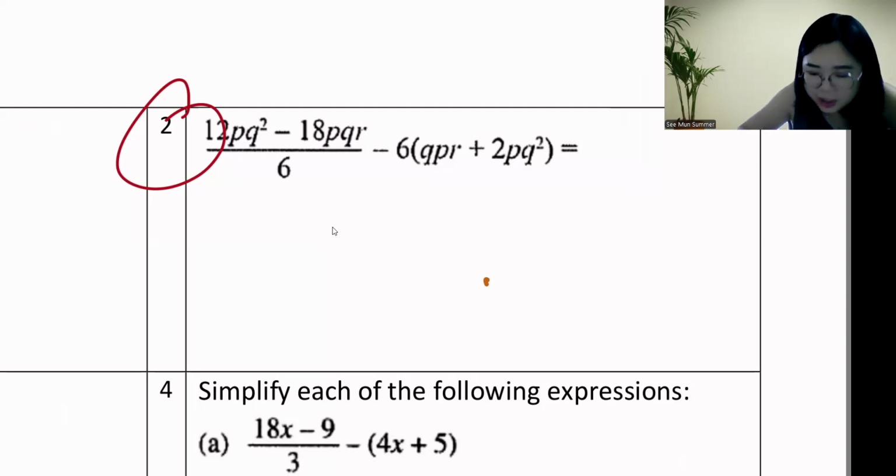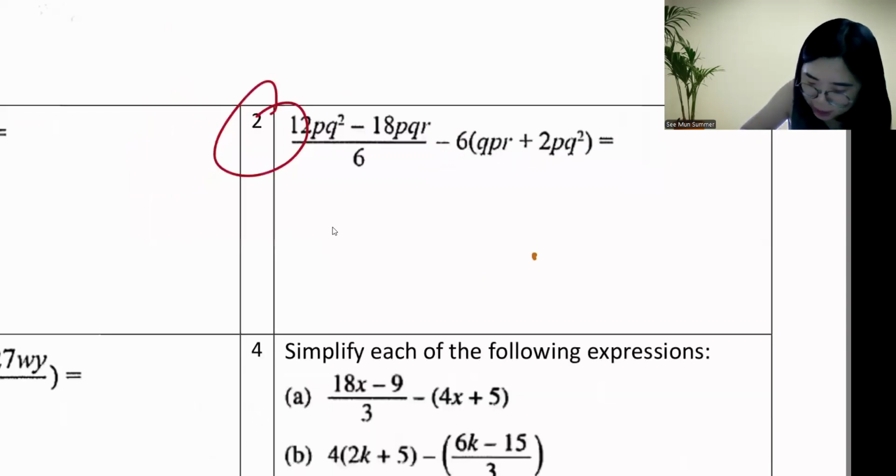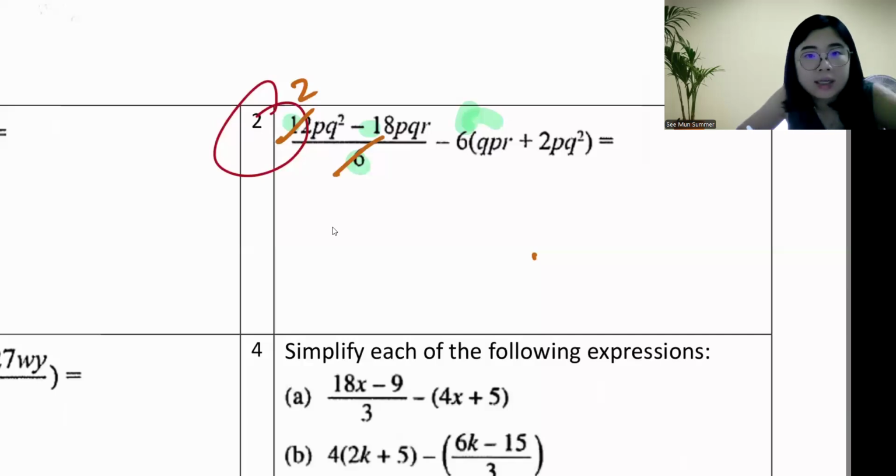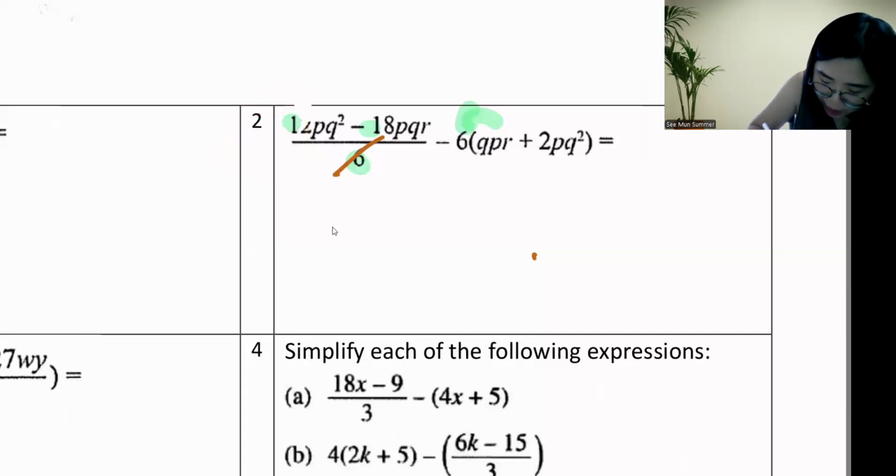Some say, teacher, of course this can expand. We know that we can expand it. And on top we can also factorize because we have 12 and 18. We can divide. Can I just divide like that too? And then this cannot, and you have to factorize it out. You know what is factorize? Meaning you have to bracket it. So 16 and 18, I can take out